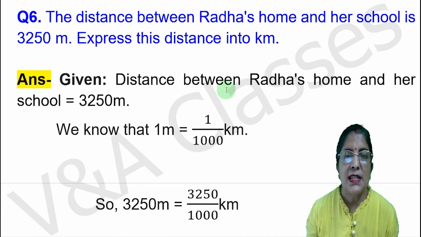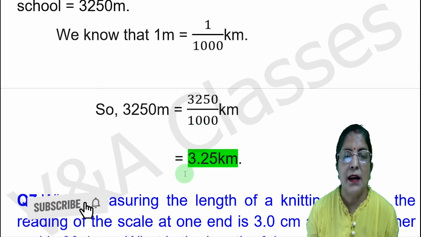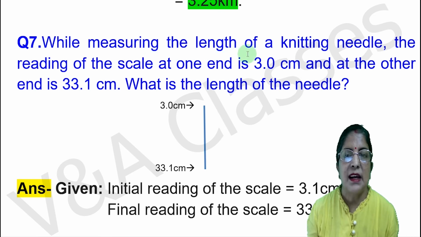Given में लिखेंगे distance between Radha's home and her school equals to, जो यहाँ दिया हुआ है 3250 मीटर। Now we know that 1 meter equals to 1/1000 kilometer. So 3250 meter equals to 3250 upon 1000 kilometer. फिर इसको solve कर देंगे। Solve करने के बाद answer आ जाएगा 3.25 किलोमीटर।